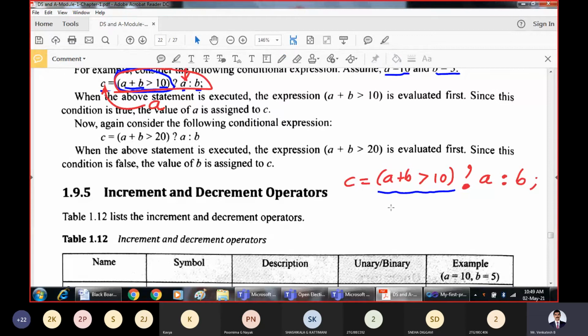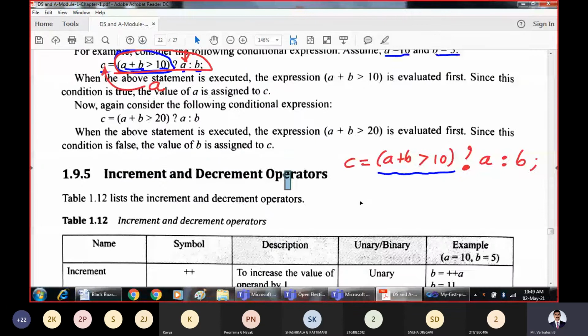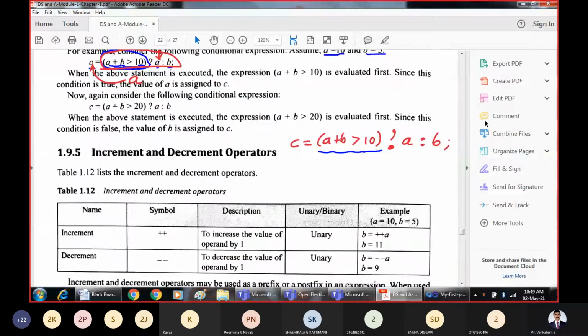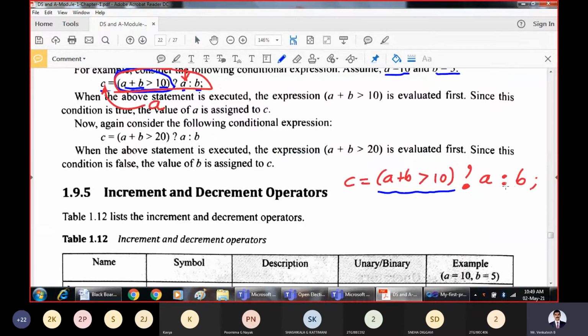There are two possibilities for the conditional expression: it will be either true or false. If it is true, we'll evaluate expression 1, else we'll evaluate expression 2.